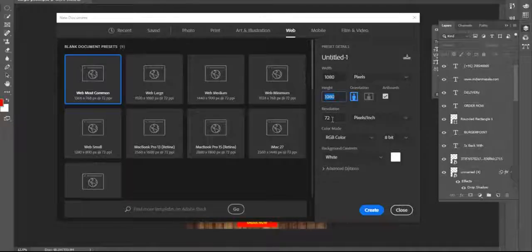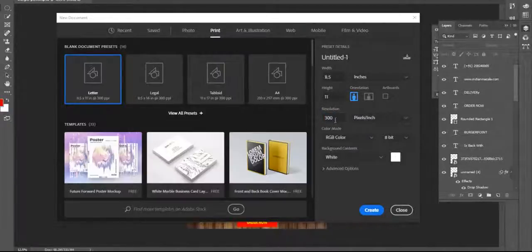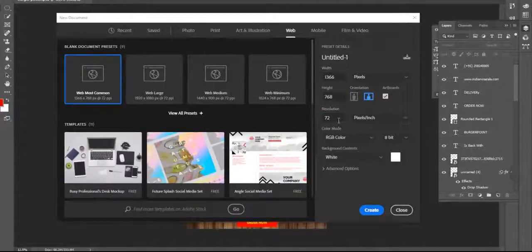There are two types of resolution value. Here you saw the 72 resolution. In the previous class, I mean yesterday, we used 300 resolution for print. So make sure when you print, your resolution will be 300, and when you use web, your resolution will be 72, right? 72 is the default size.